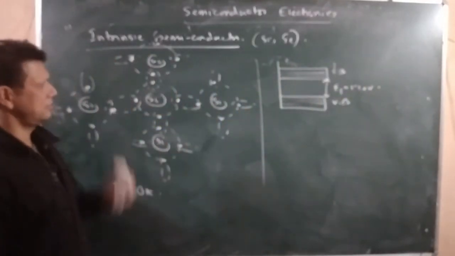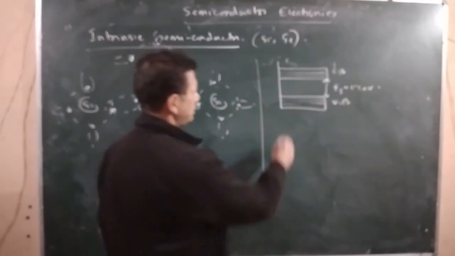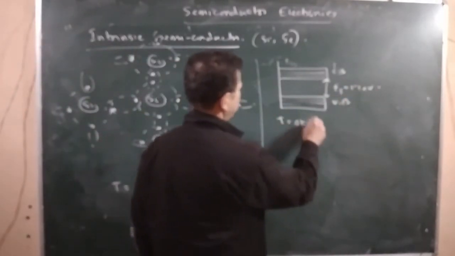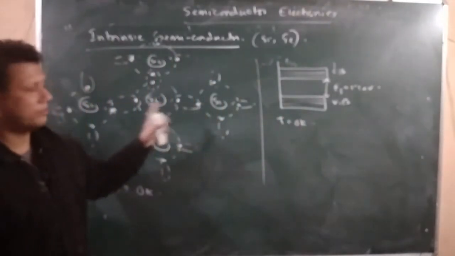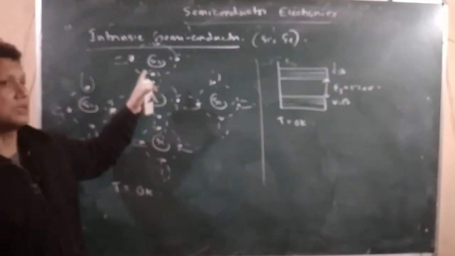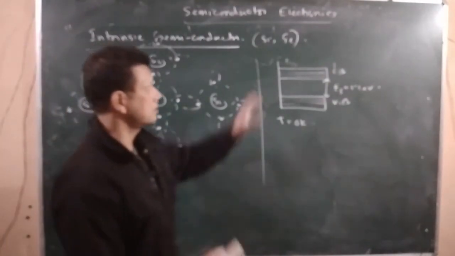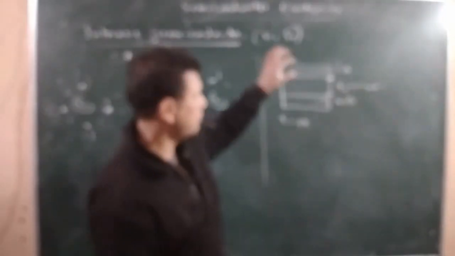ইয়াত যেহেতু আমি সিলিকন লৈছো, এই এনার্জি গ্যাপটো আমি 1.1 ইলেক্ট্রন ভোল্ট লৈছো। এতিয়া মই ধৰি লৈছো temperature is equal to 0 Kelvin. So what will happen? No covalent bond breaks, so there is no free electron. Since there is no free electron, this conduction band is completely empty. কোনো free electron নাই ইয়াত।